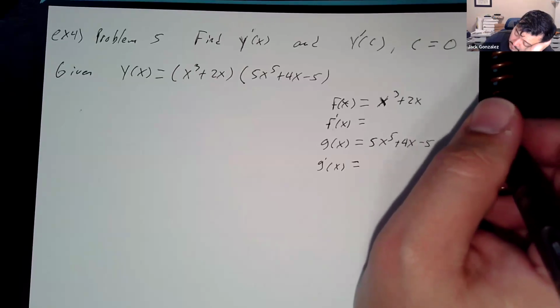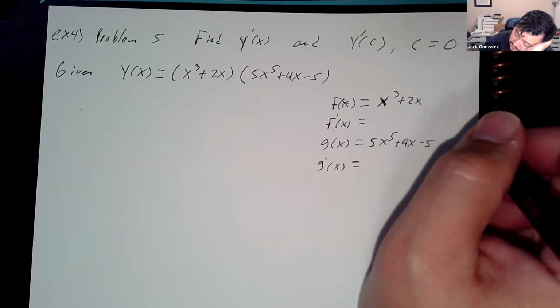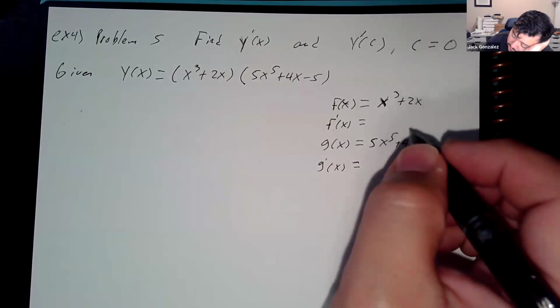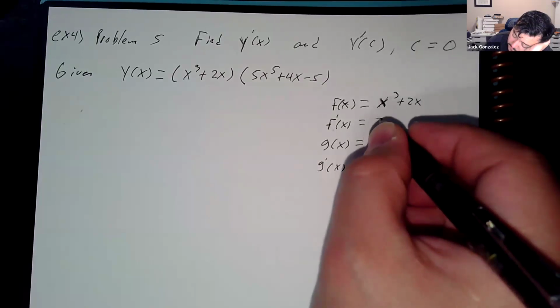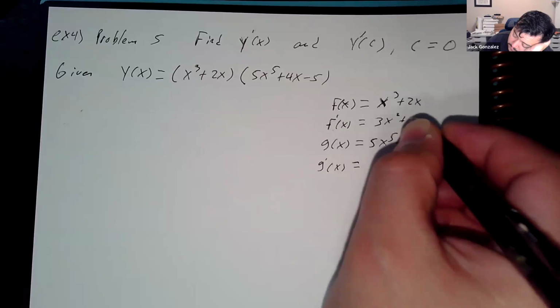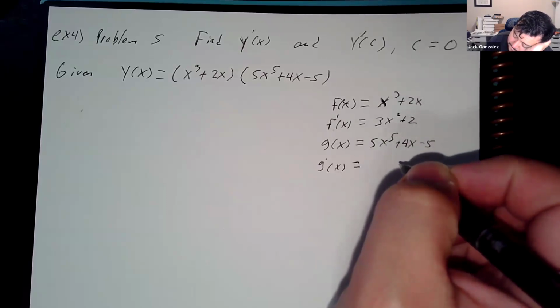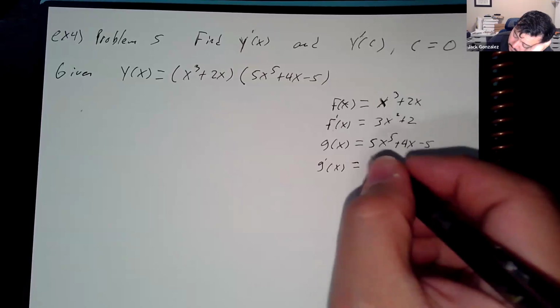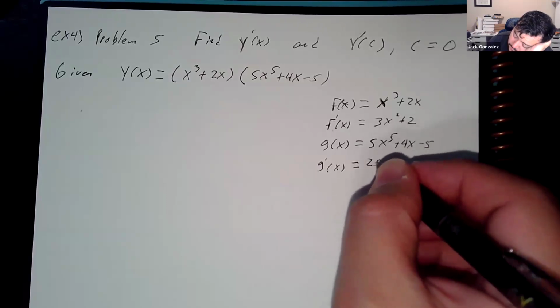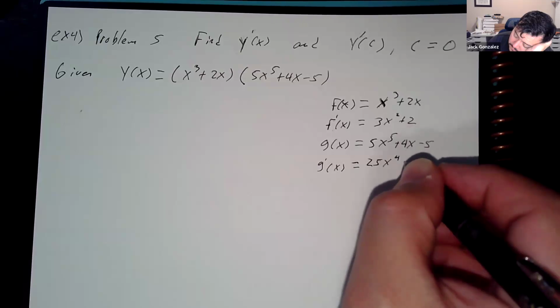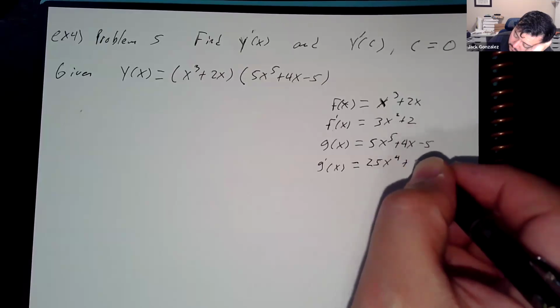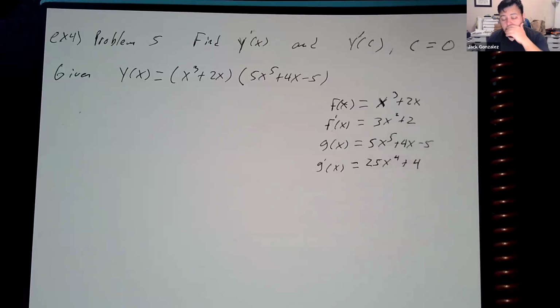So what is the derivative of f? 3x squared plus 2, and g prime will be